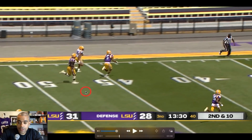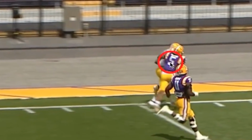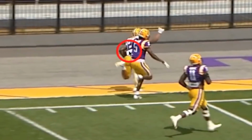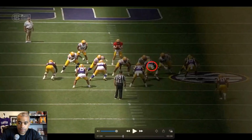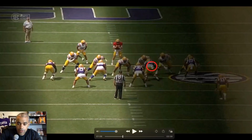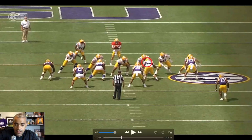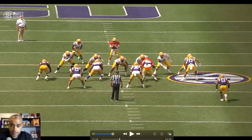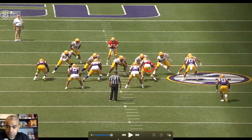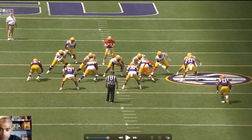But what actually happened? Well, I want to show Jay Ward some love right here. He did a good job swiping down that stiff arm and just making this tackle. So Guillory last year, once again, it's kind of tough to see where he's exactly lined up because the graphic is still in the way. It looks like he's in a 2, which is straight head up on the guard, okay? If you're in a 2, or more than likely he's supposed to be in a 3 here, so the